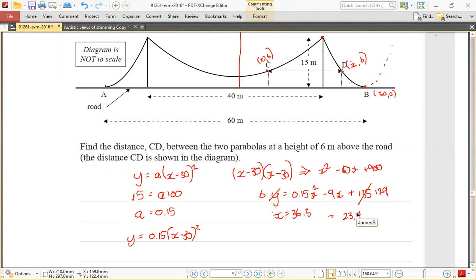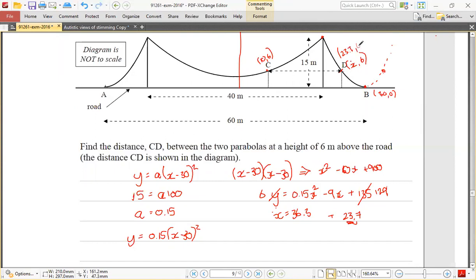It has to be higher than... No. Which one does it? Remember those two values, 23.7 and 36.3? Those two values are that point and that point, aren't they? Yeah. And we don't want that point, we want that one. So that's why we've got to take that. Yeah. So it means that point is the point